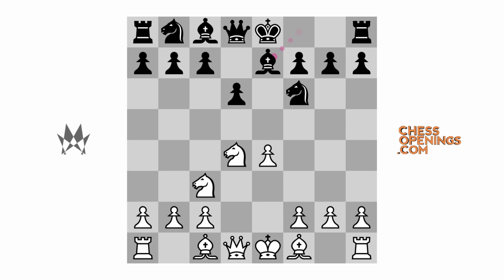White's first goal is to maintain his pleasant spatial advantage. In this position, that means white will want to ensure that black does not achieve a successful d5 break. Just as important, white wants to be sure that the e4 pawn receives adequate protection. While restraining black's active possibilities, white will want to develop a plan of gradually developing an attack against the black